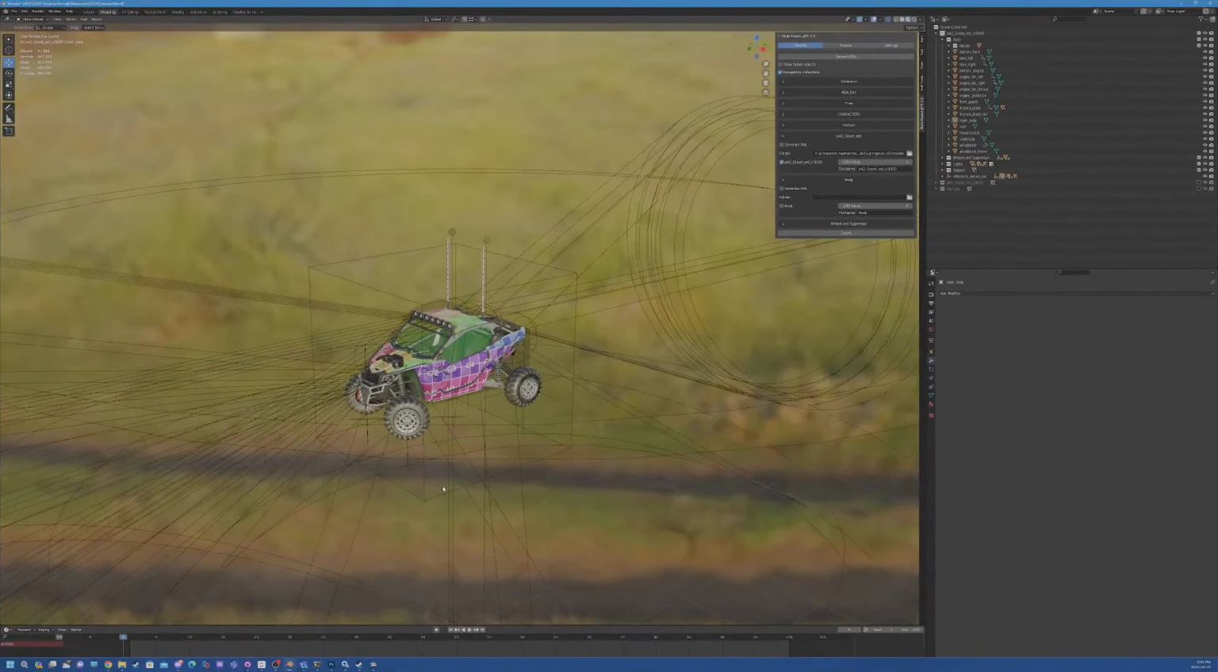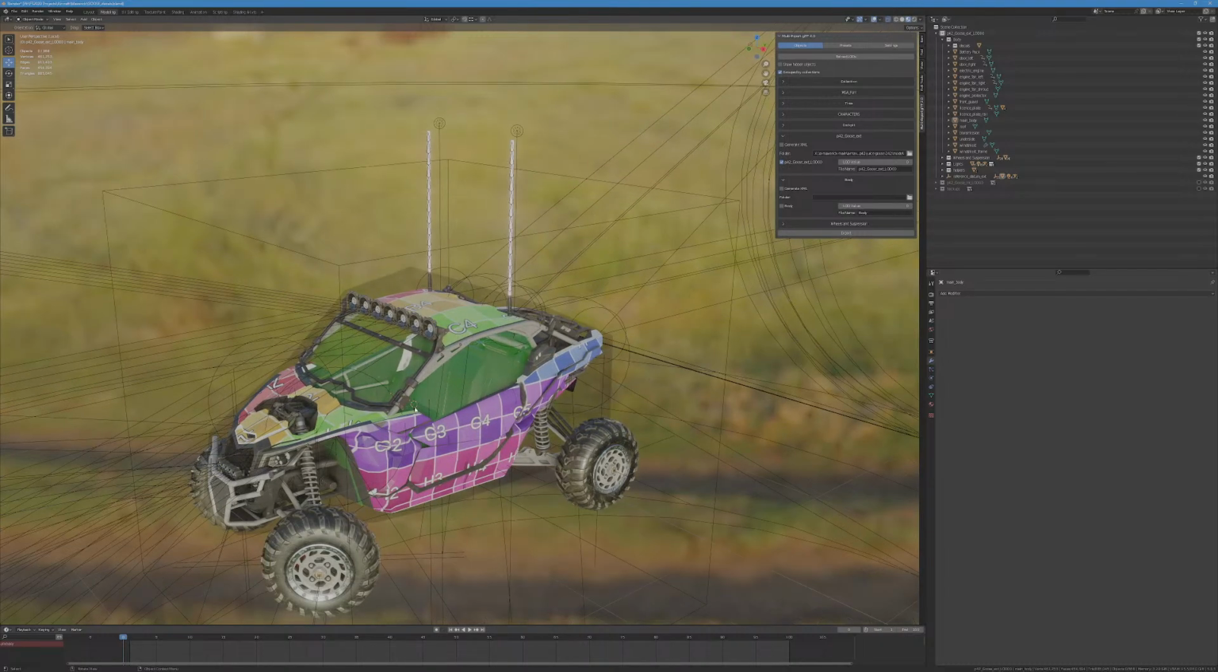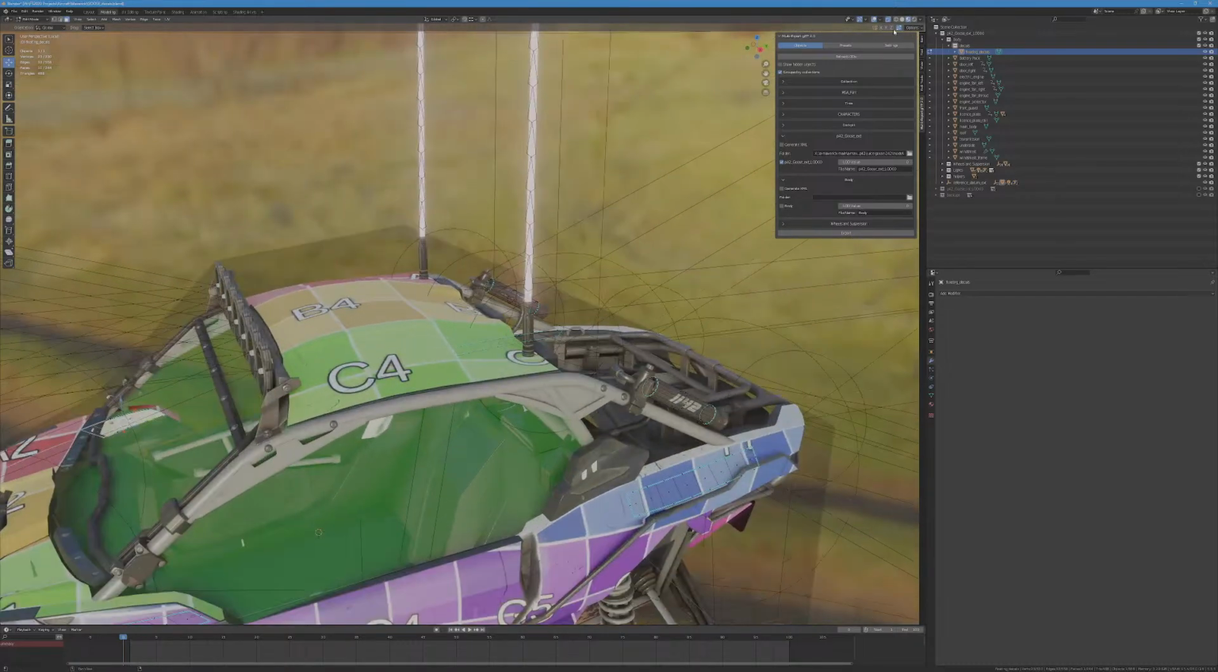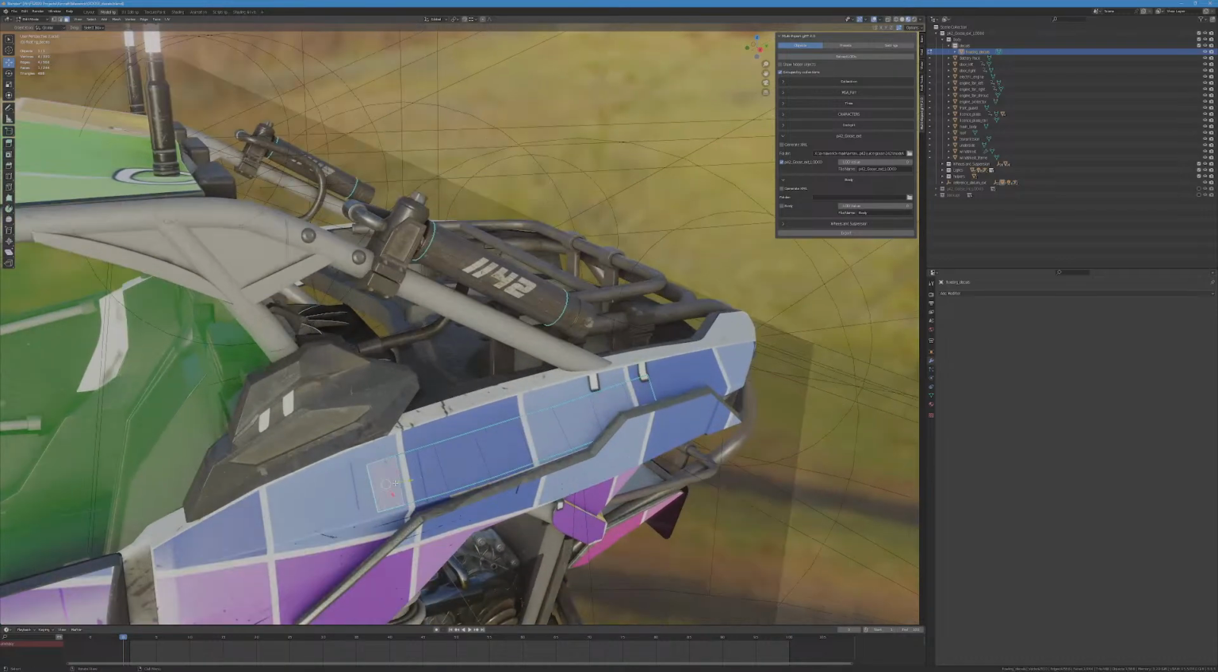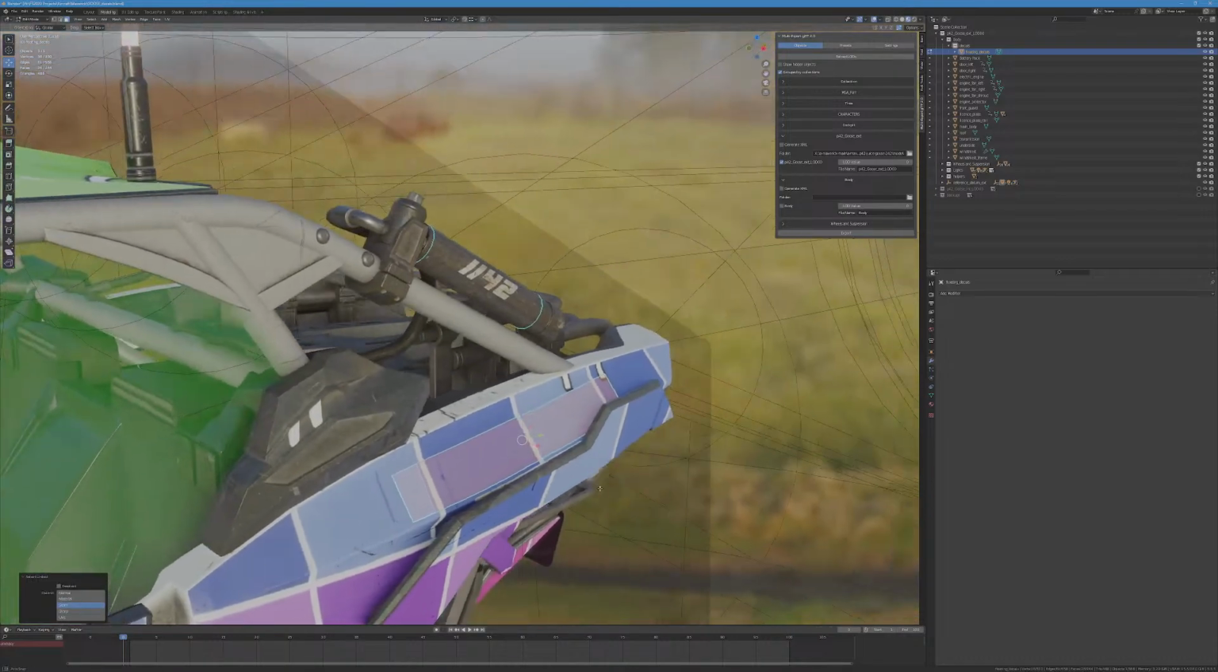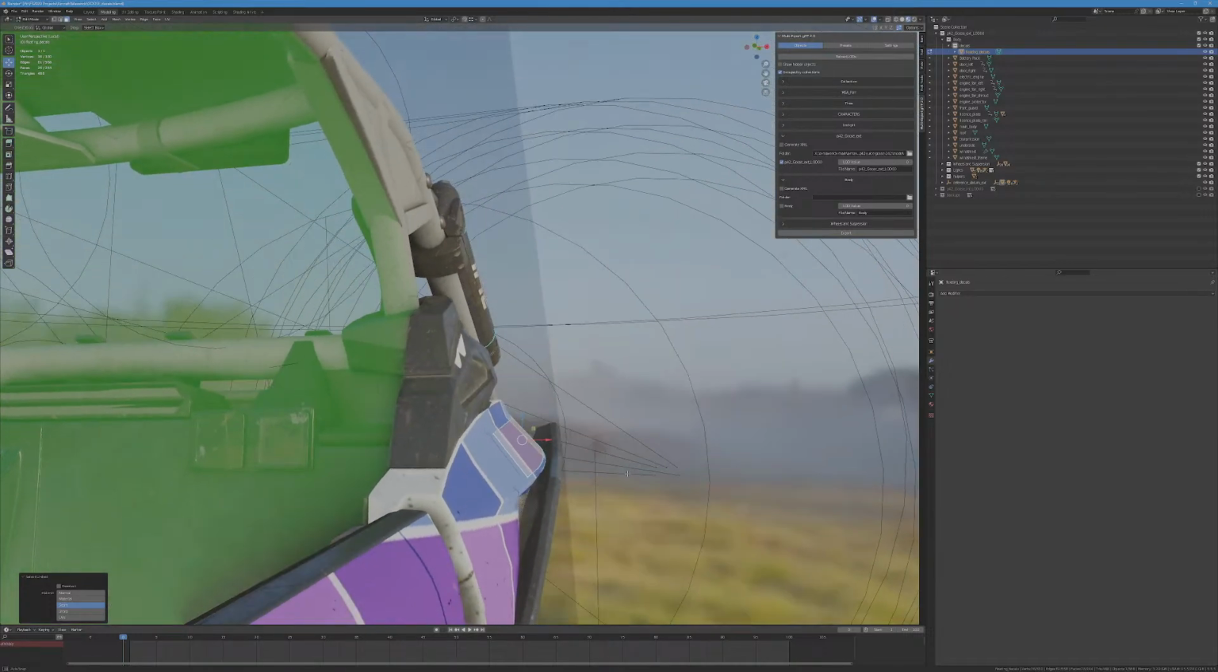All right, let's get our Blender back open. So what I want to do here is go to my floating decals and I'll go into edit mode. I don't know if you guys can see this well or not, but I'm going to select the ones